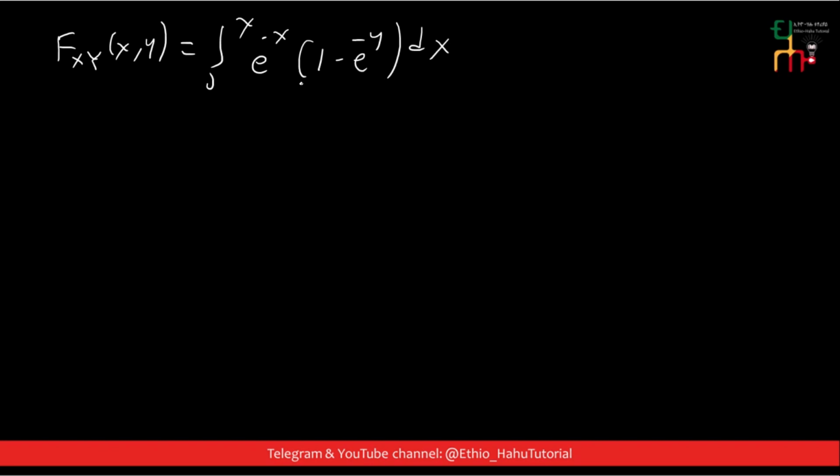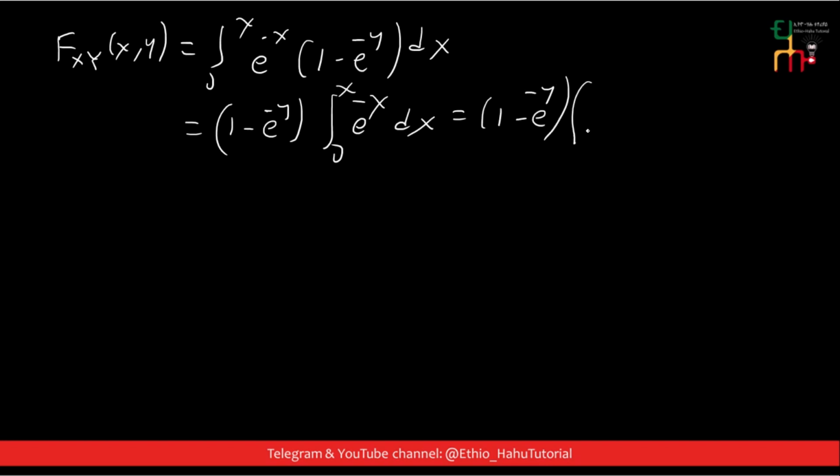ስለዚህ F_XY(x, y) is equal to the integral from 0 to x አድርጌ e to the power of minus x አለኝ ከዛ 1 minus e to the power of minus y አለኝ dx አደርጋለሁ ማለት ነው። ይሄንን ደግሞ with respect to x ኢንቴግሬት አደርግ ይሄ ምንድነው? ኮንስታንት ነው, independent of x ነው። ስለዚህ እሱን እንዳለ ከውጭ ወስድና 1 minus e to the power of minus y into the integral of e to the power of minus x dx from 0 to x አደርጋለሁ ማለት ነው። ይሄንን ኢቫሉዌት ሳደርግ 1 minus e to the power of minus y ይሆንና e to the power of minus x ለx ያንስ አስገባ e to the power of minus x ይሆናል minus ለx ደግሞ 0 ባስገባ e to the power of 0 ይሆናል, e to the power of 0 ማለት 1 ነው የሚሆነው። ስለዚህ ይሄ ማለት ምን ማለት ነው? 1 minus e to the power of minus x plus e